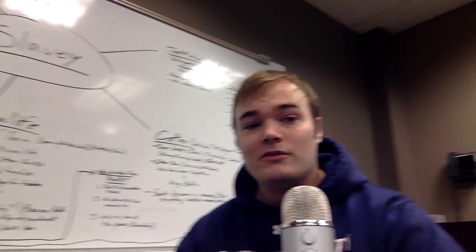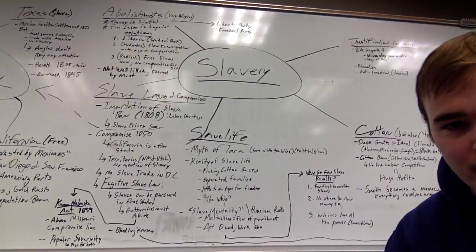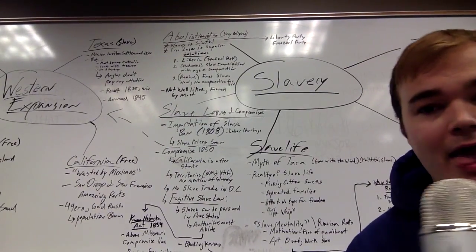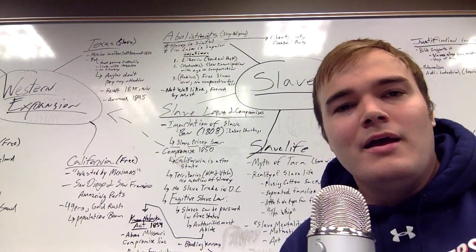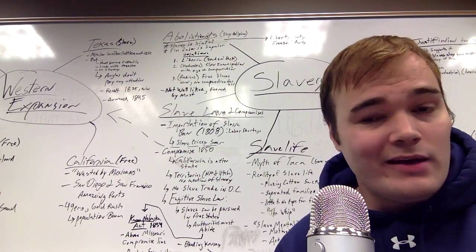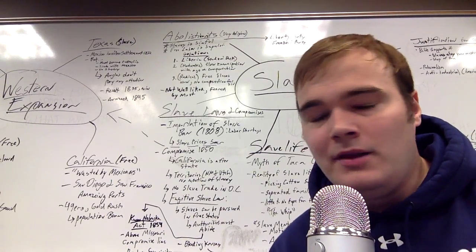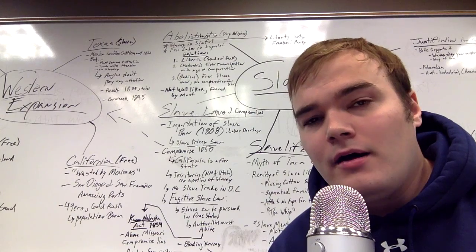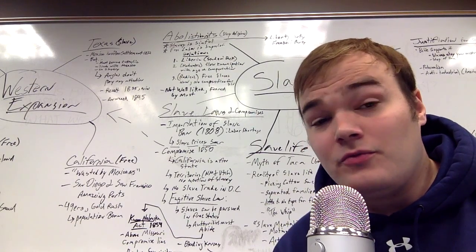Now, let's move over to the other side of the coin, okay? If you look up there, we have a little section on abolitionists. Who are the abolitionists? Well, they're the people who want to get slavery out of there. They're going to be extremely influential. They're going to be causing all kinds of problems all over the place. You should also note that they tend to be very, very religious.